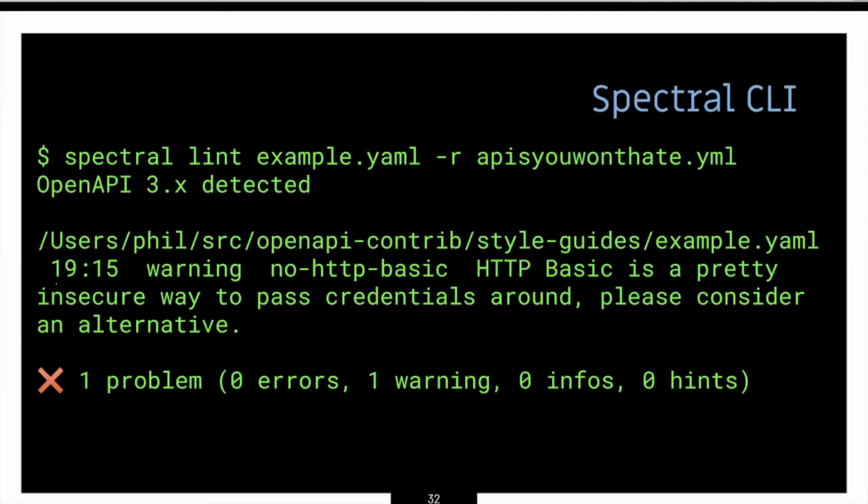And yeah, you just kind of get this output of error, warning, info, hint, whatever, the name of the function that went wrong, and then more information about what the problem was. So a Spectral CLI, and this can help developers as well, especially if they're using editors that don't have support for Spectral, then they can run this locally before they send pull requests or whatever.